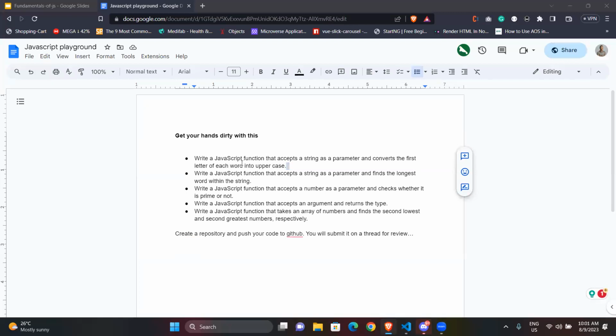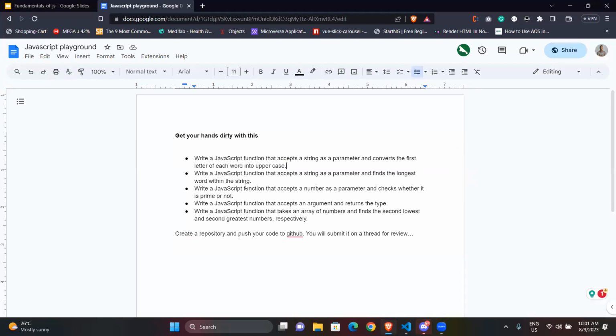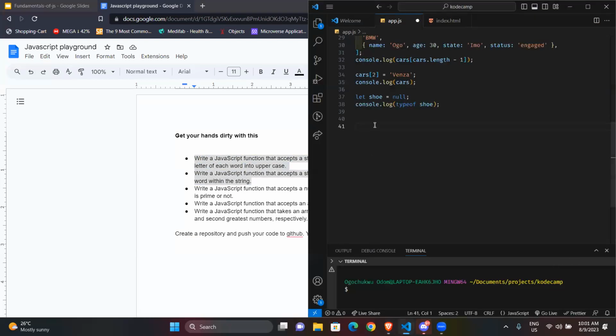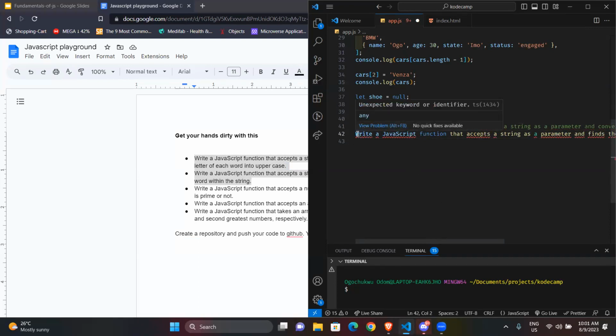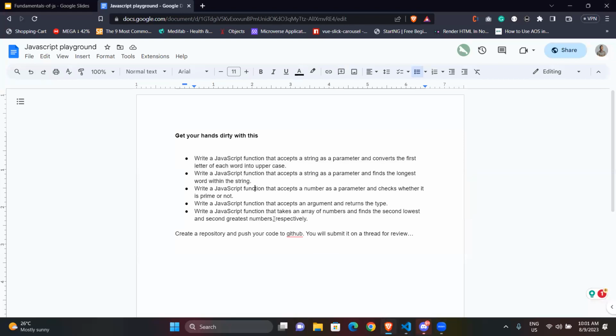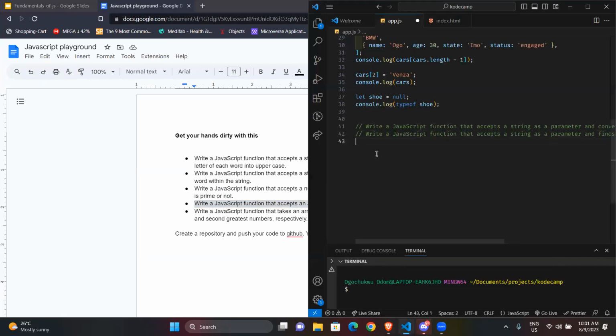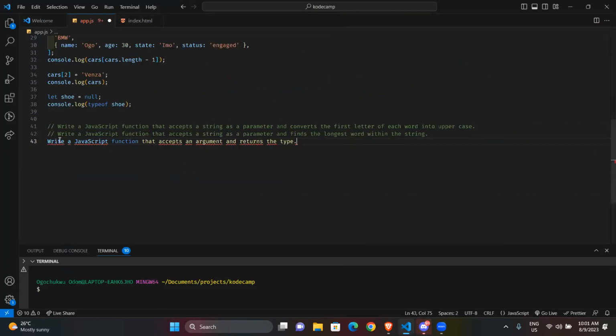First, let me copy this inside here. We just have to deal with this, and I remove this document. Let's just focus on VS Code. We are going to attempt this function, and then we'll use it to learn a few things.